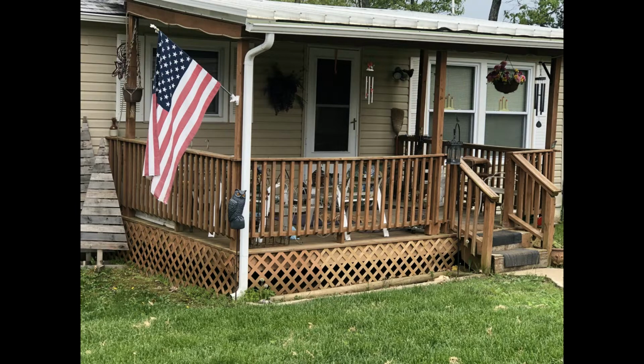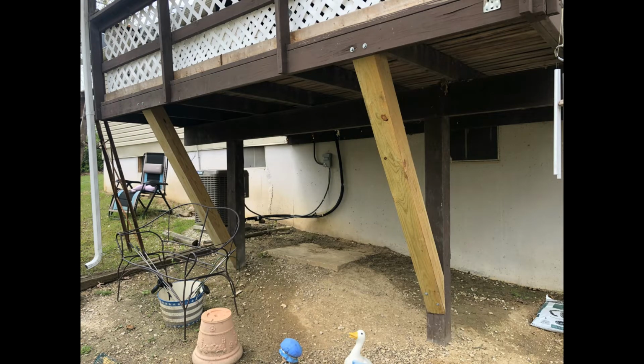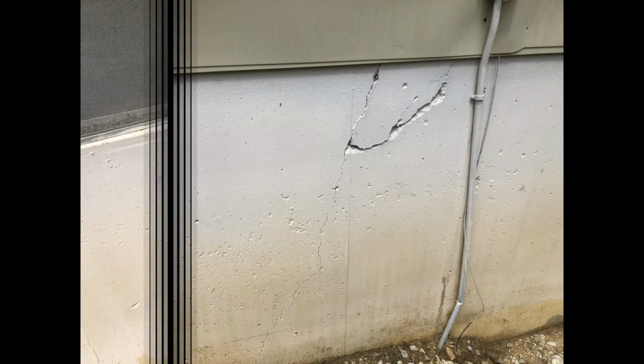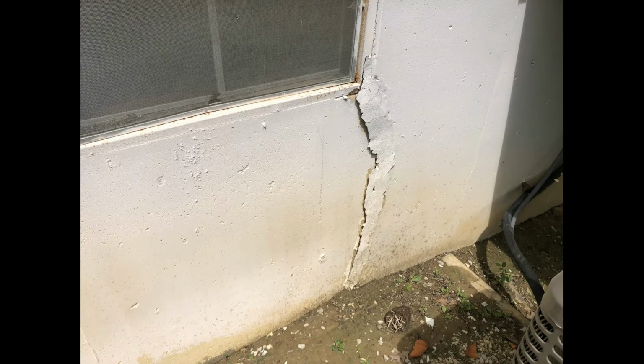The deck of the caretaker's home could use a coat of stain on it. Around back, they replaced some beams that hold up the deck. There are a few cracks on the outside foundation. It doesn't look too bad from the outside, but once you get inside, there are a few problems that really need to be addressed. Down through the years, there have been numerous leaks throughout the sinks and toilet areas in